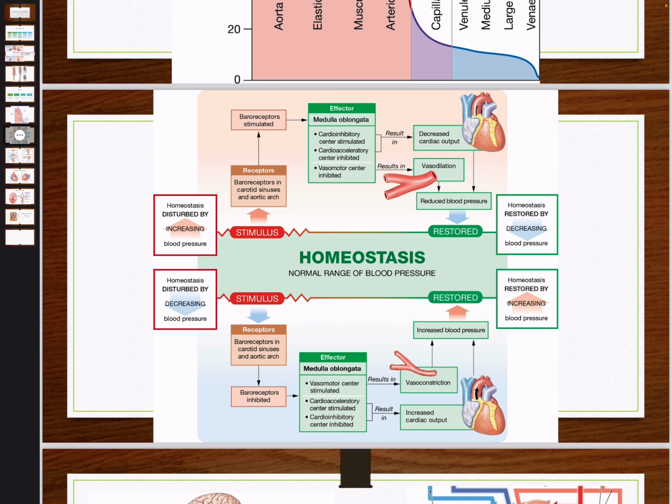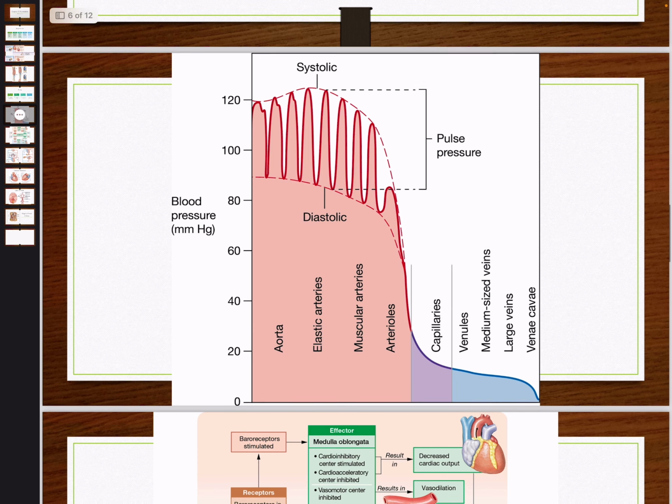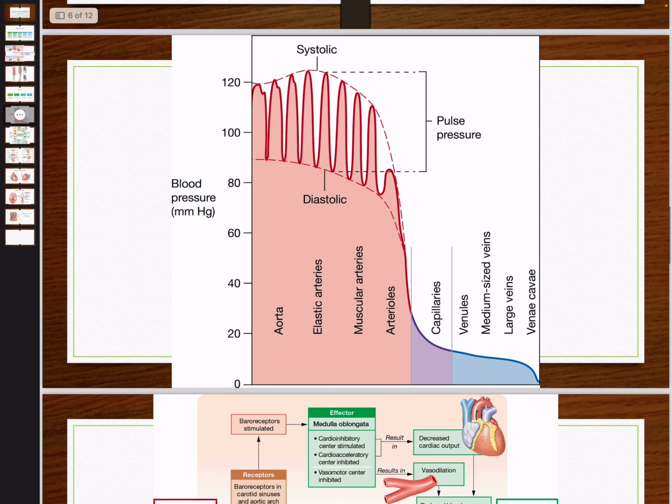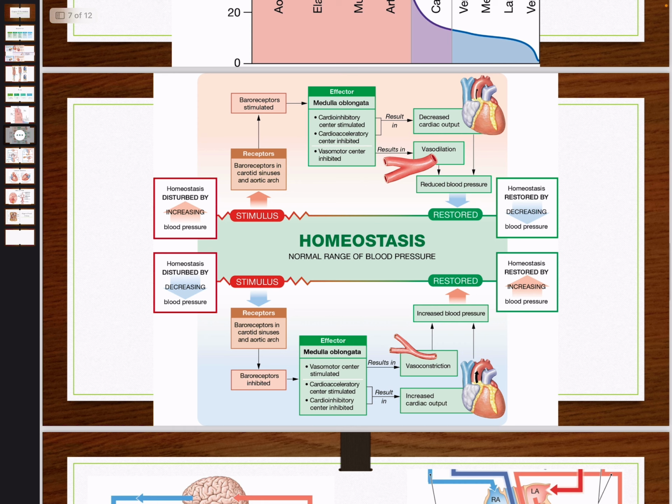And if we see on this model right here, coming back to this diagram, we see that the larger veins are slightly lower in blood pressure than the medium-sized veins. And of course, that's because the veins are getting bigger diameter-wise. Because if you remember earlier, they were different sizes. Over here. So yes, of course, with increasing and decreasing blood pressure, the baroreceptors are either stimulated